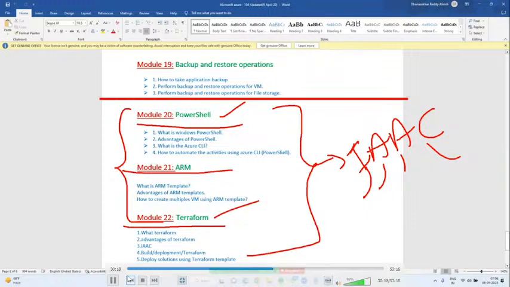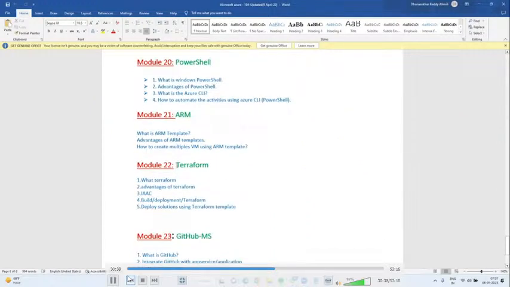Every cloud in the sense, if you go for Google or AWS, Terraform, PowerShell, shell scripting, these three are mandatory. ARM template in the sense Azure Resource Manager, that is a native tool that can be used for Azure cloud computing itself. Terraform, I can say, supports a cross-platform language. If you write one template in Terraform, the same template can be hosted in AWS, Google, Azure. Just change the providers. That's it.